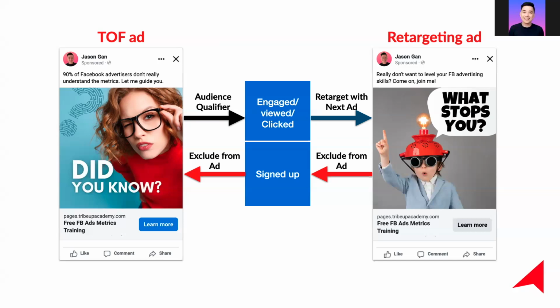When this is set up, we still need to go through optimization. For example, we want to make sure that the top of funnel ad is the most effective one with the highest CTR, and that we are using the best convincing messaging in the retargeting ad. It takes a bit of optimization, and we may have multiple top of funnel ads specifying different USPs. For example, some of my e-commerce clients have multiple star products going out, and they will have multiple retargeting ads. Let's say if you come in through product A, I want to show you products or categories B, C, D, E, F, G. These are all the things that we can do with an optimized strategy.